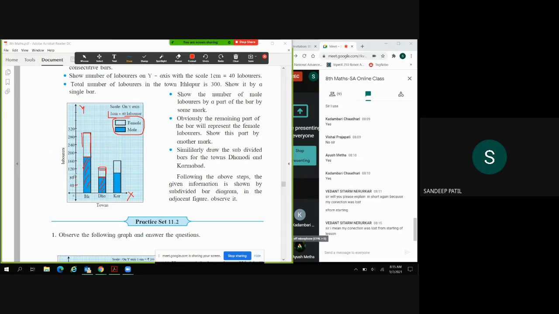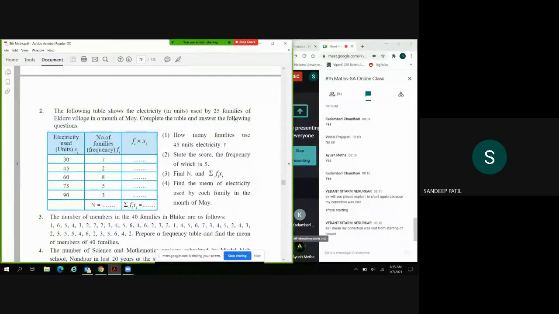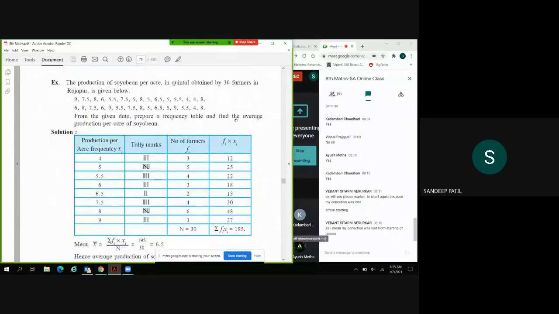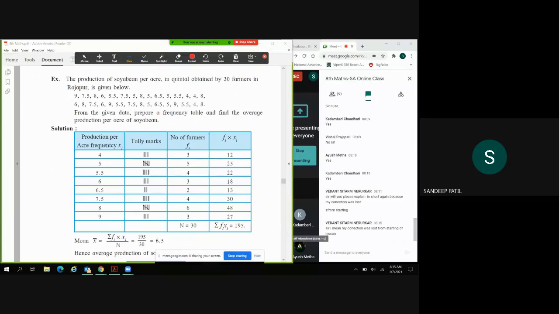So these are the things which we can show. Yes, Vedant, this is the thing we have learned. And another part which we learned today is the mean. So in mean, what we learned today is, suppose this is the data, then